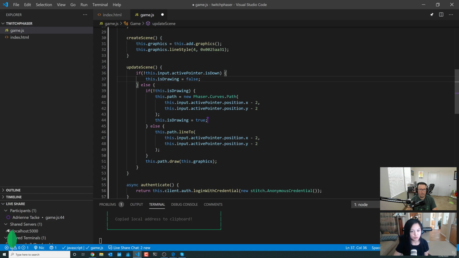Yeah. So yes. So when we are not drawing, this is if we are finished drawing, then we want to update our strokes array. Yeah, because we've lifted our cursor or our pointer. The active pointer actually represents, like you said earlier, the mouse and the touch events.